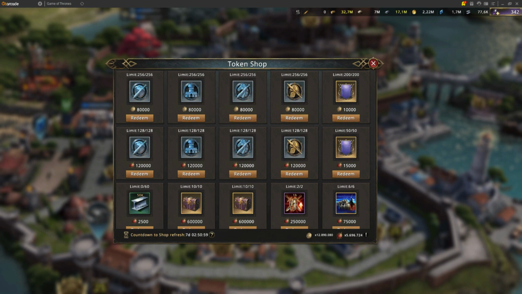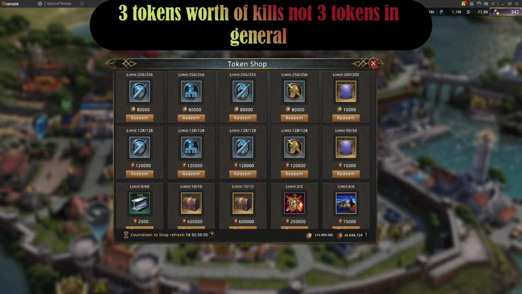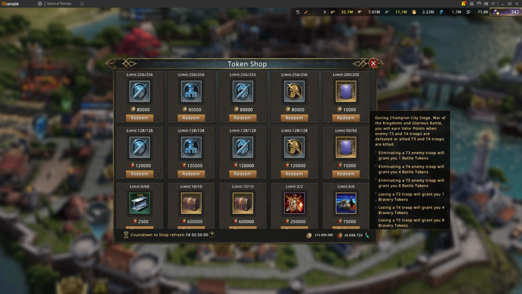But of course, if you take into account that you're going to get a 30% increase in the tokens that you get, that is going to save you about 25 million tokens in order to get 1 red badge. So for every red badge, you're going to need fewer tokens on the amount of kills that you're going to need. 25 million points, for example the bravery tokens or the battle tokens,